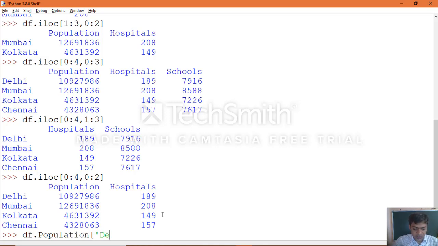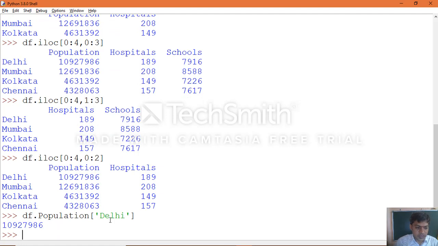So suppose you use the row name, then see, the population of Delhi city you will get. So Delhi is the name at position 0 in our data frame, and the column is the population information which you want to retrieve.